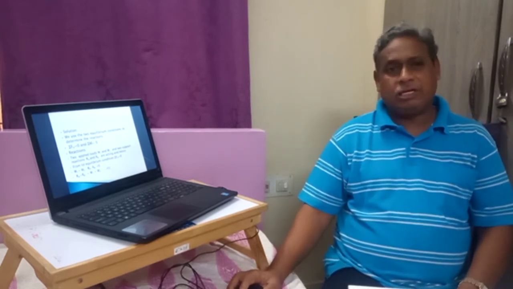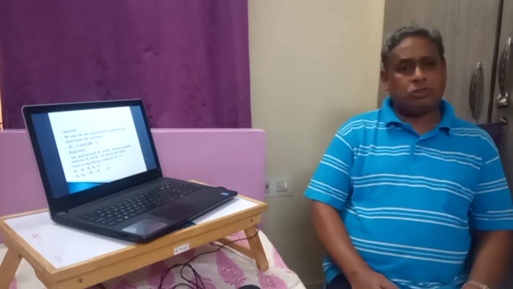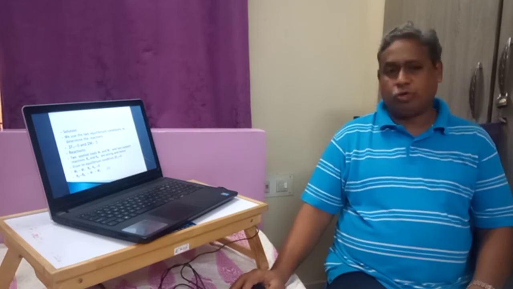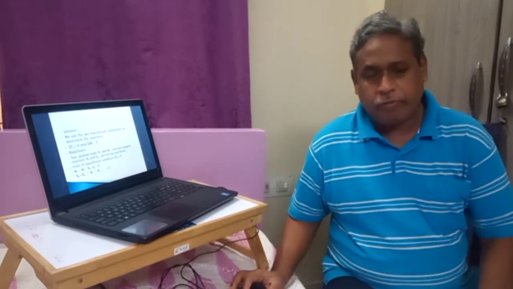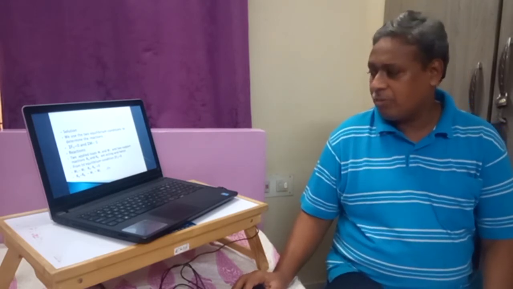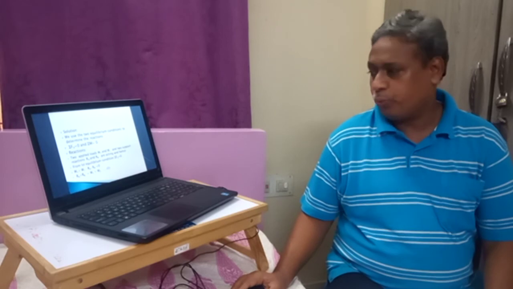Therefore, these 4 forces will be added algebraically. W1 and W2 are positive, RA and RB are negative. Therefore, W1 plus W2 minus RA minus RB is equal to 0. Therefore, we can say RA plus RB is equal to W1 plus W2. This gives our first equation. So we have one among the 2 simultaneous equations, that is, RA plus RB is equal to W1 plus W2.